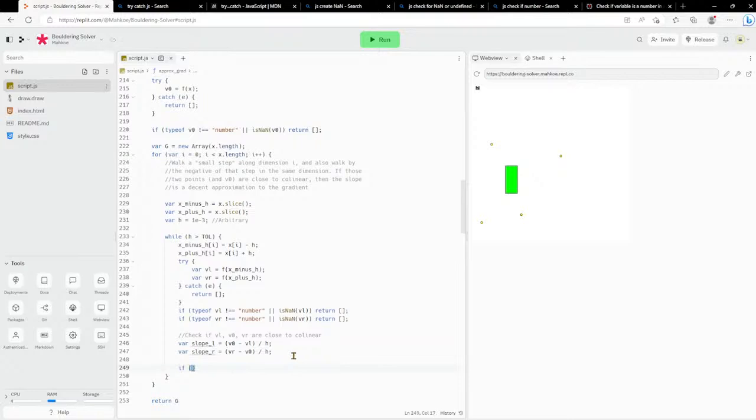So if VR plus VL divided by V0, we'll do a math.abs on that, 2 times V0 is less than